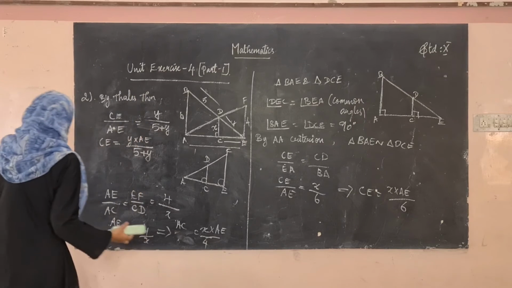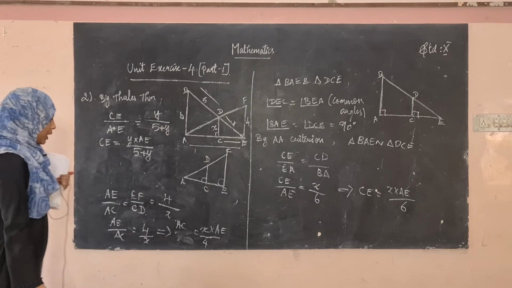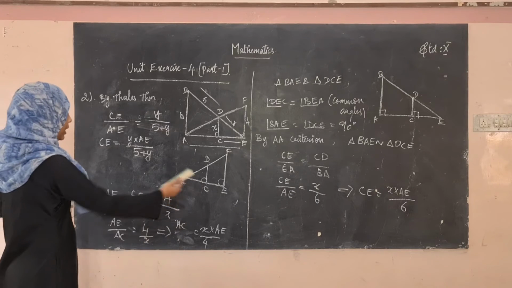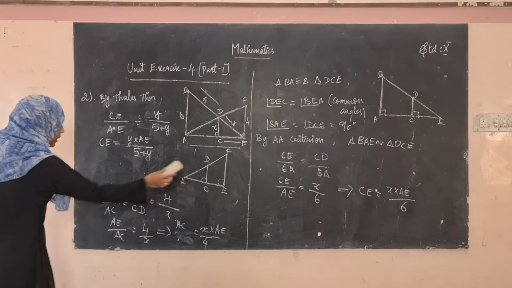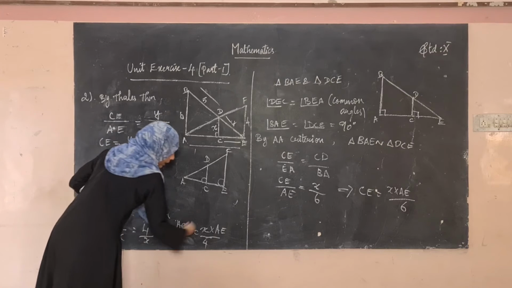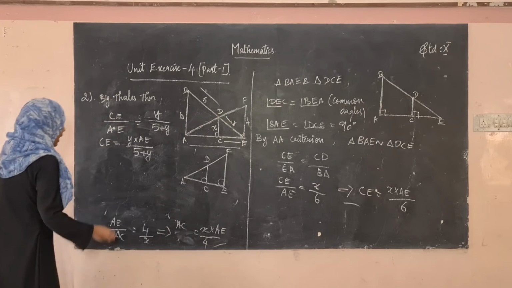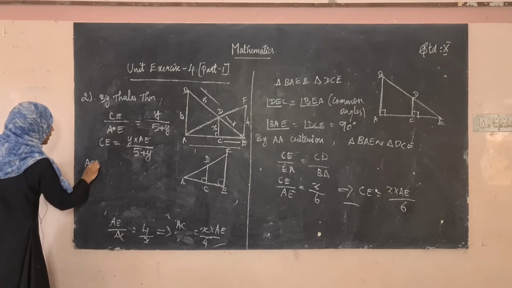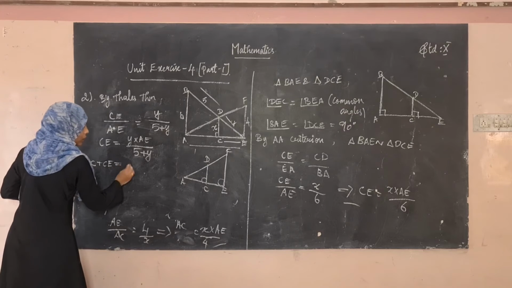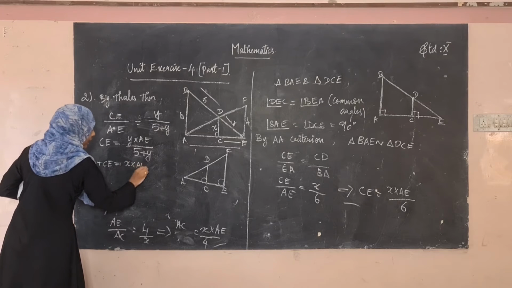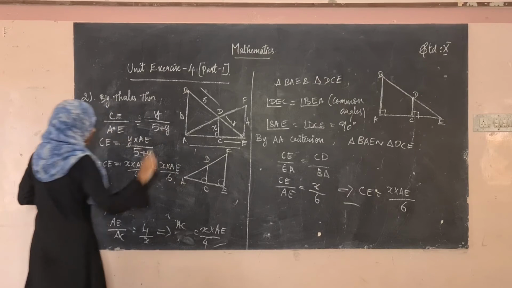Okay, now see here. Now we are going to solve for this. AC is equal to X into AE divided by 4 and CE is equal to X into AE divided by 6. Right. So add these both. This is the condition we got from the first triangle and this is the condition we got from the second triangle. So add that both, AC plus CE is equal to, in the right hand side, X into AE divided by 4 plus X into AE divided by 6.